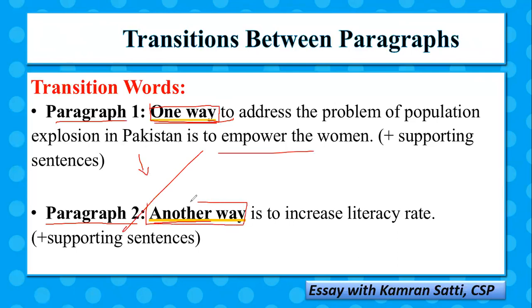This means that I have already discussed one other cause of the population explosion somewhere else, in the preceding paragraph. Now this word "another way" basically indicates to the examiner, so it makes the transition smooth from one paragraph to another. Now some students say that in order to make the transition smooth between paragraphs,